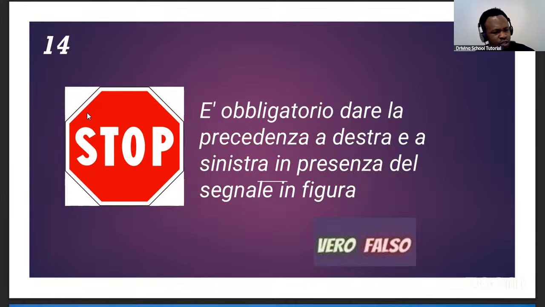Okay, so question number 14, it says, è obbligatorio dare la precedenza a destra e a sinistra in presenza del